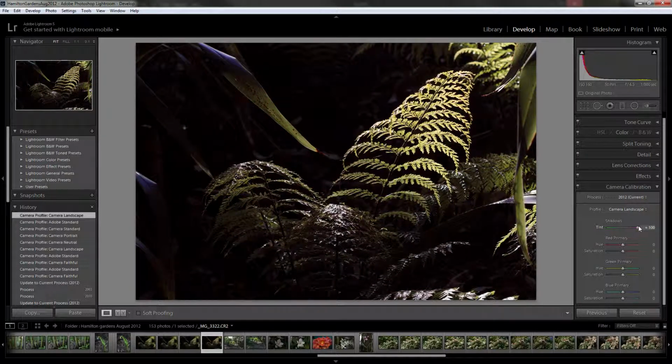Shadow tint there, red primary, and you can also adjust the saturation of these ones here. So you can effectively create your own preset if you like. If you do go through these and you make an adjustment that you quite like the look of,